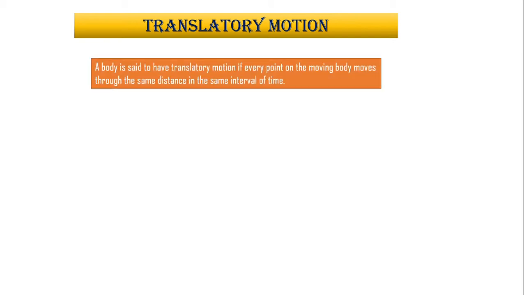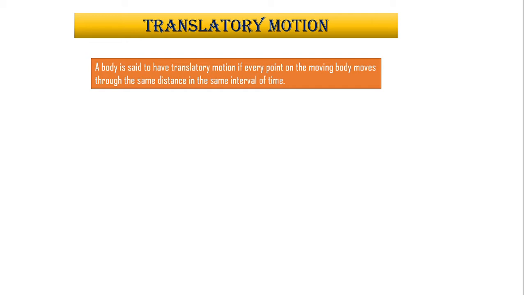Alright, second part of this chapter, motion. Okay, so types of motion. So first type is translatory motion. So translatory motion, a body is said to have a translatory motion if every point on the body moves through